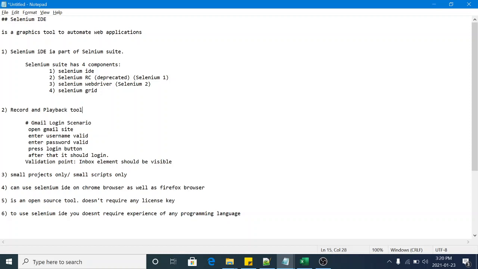And the next point is Selenium IDE is used for only small scripts. Okay, if you have like 1 or 2 test cases or 10 test cases, you can use Selenium IDE. If you have more than 100 test cases or you have large test suites, this is not a good tool. Okay, this is not the right tool, you can say. This can help you to implement Selenium WebDriver in a project.